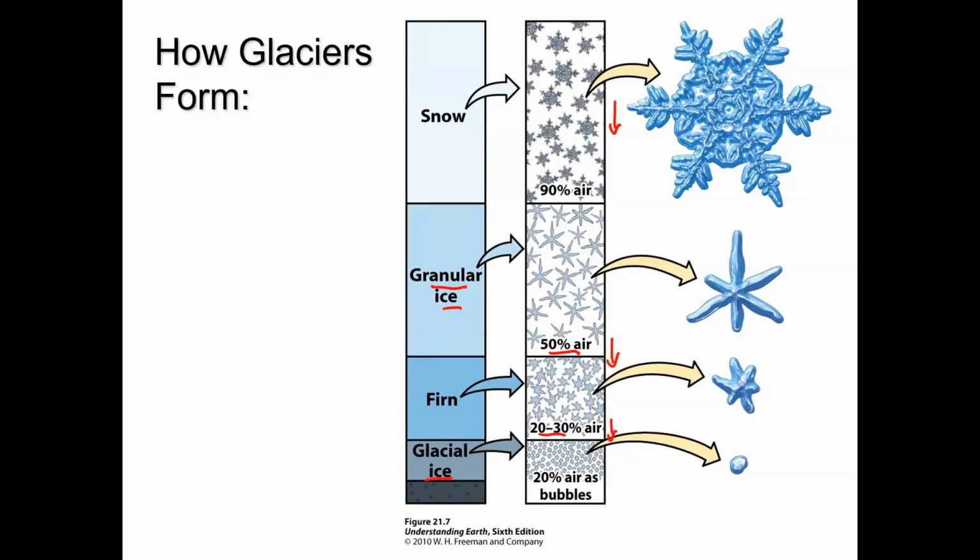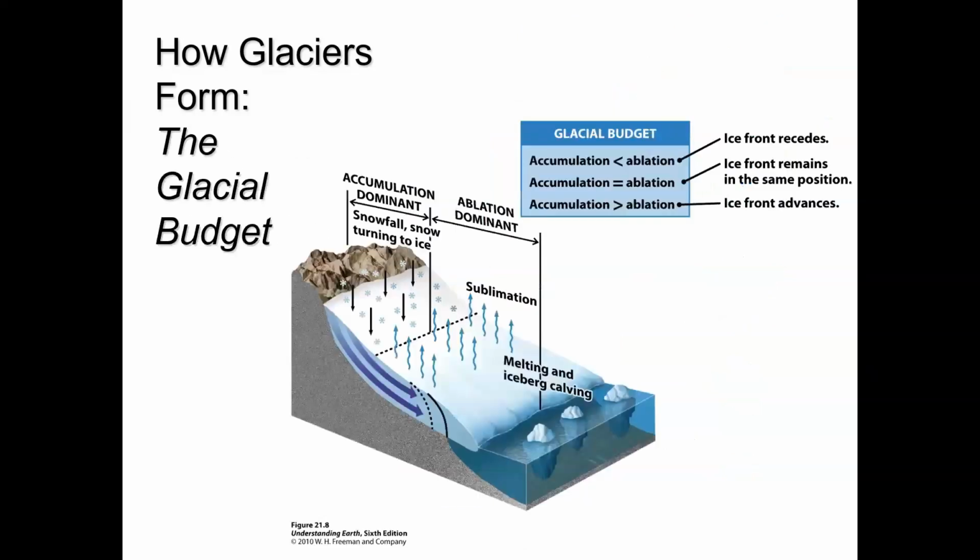If you were to drill down through any particular glacier, this is the order that you'd find things. You'd find some snow on top, you'd find granular ice and firn below it, and then in the core of that glacier, you'd find the actual glacial ice, which has stored some of that air as bubbles. So that's sort of the small picture locally, the fact that glaciers form because snow accumulates on surfaces and turns to